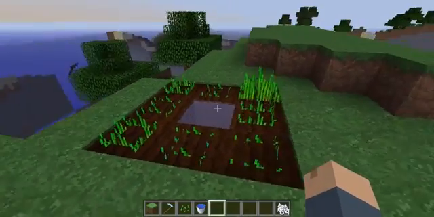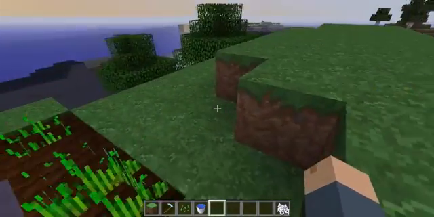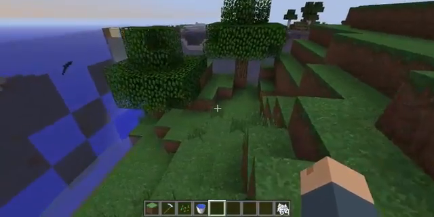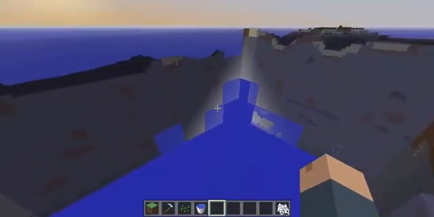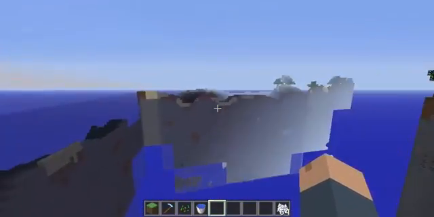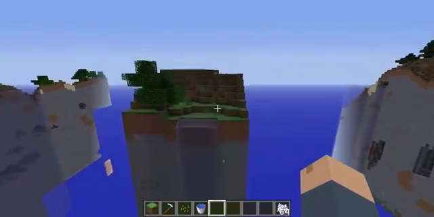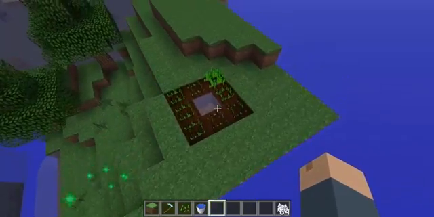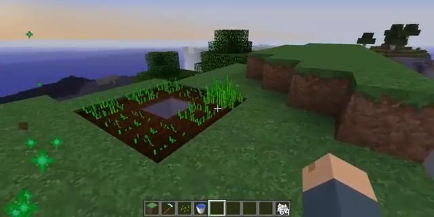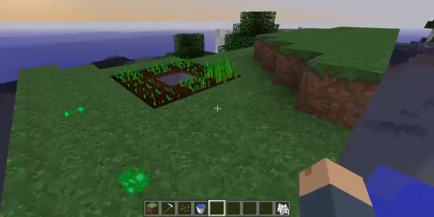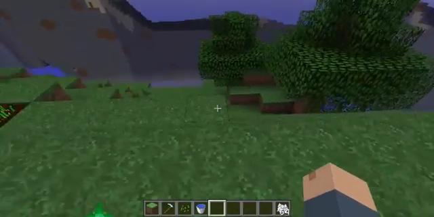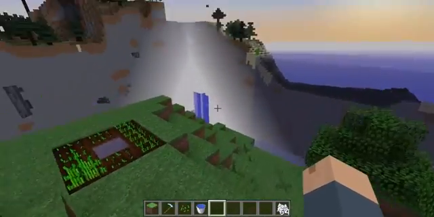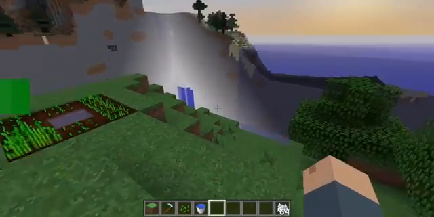So if we were to turn off the server, save, quit, whatever, or if I was just to leave and the server unloads the chunks for me, and then I come back, we'll see the wheat having changed without us being there. And that will add, I believe, a more alive feel to Minecraft. The feeling of the world continuing to exist even when we're not there.